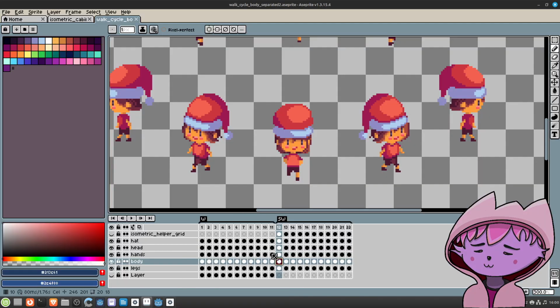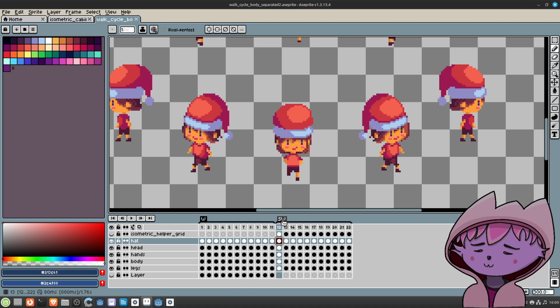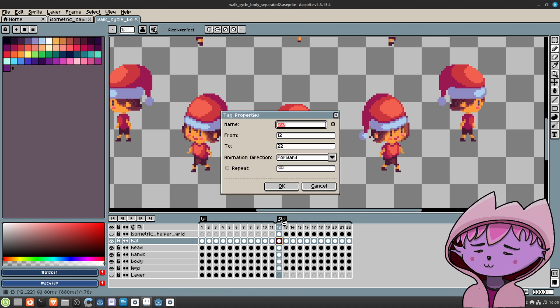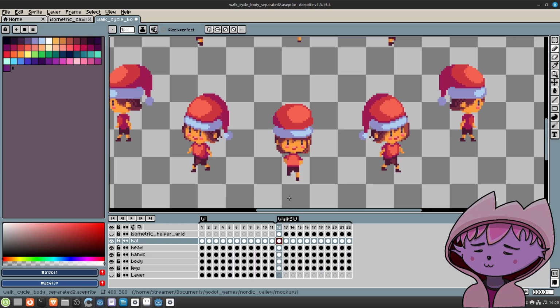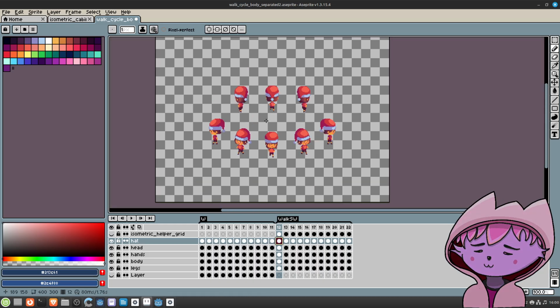So imagine we have all these, well, this would be called like walk. And what I need to do is I need to separate all these 8 directions and use this naming convention.